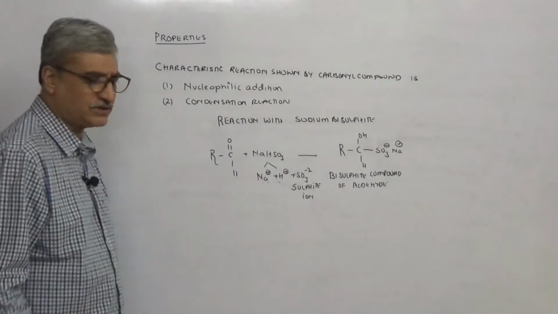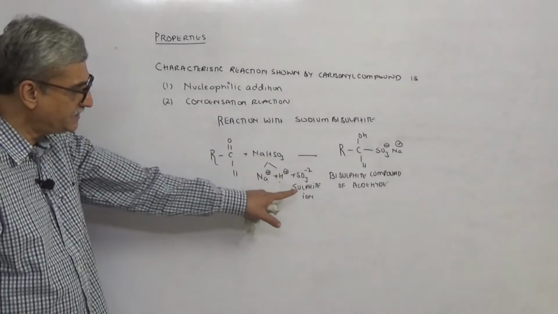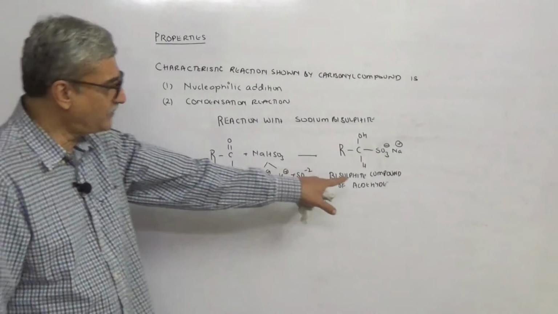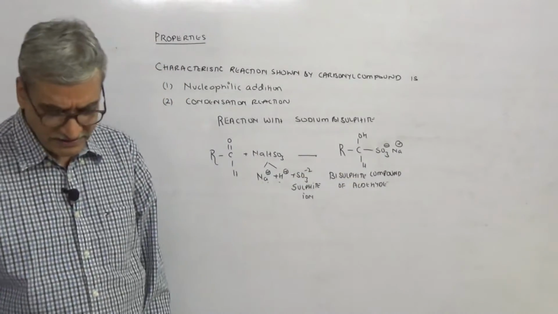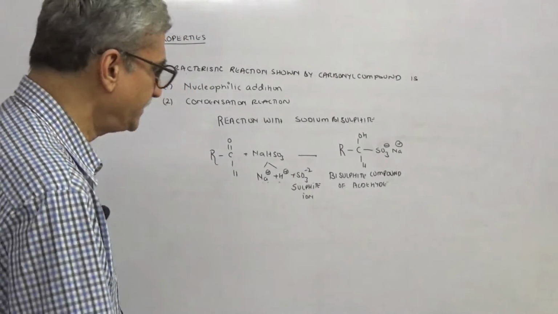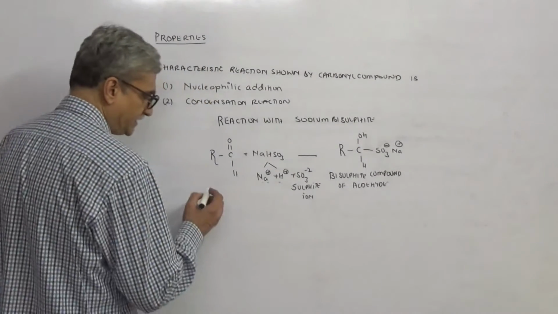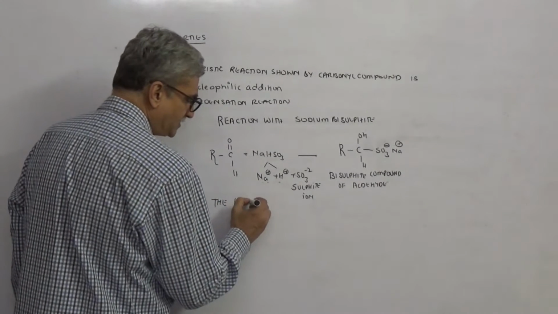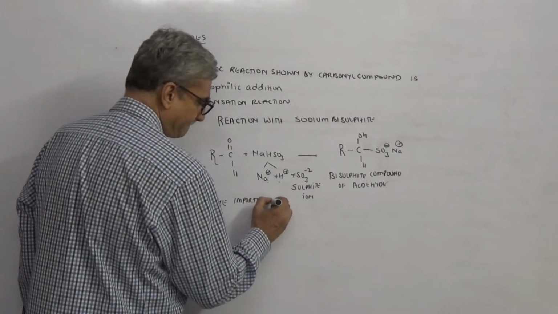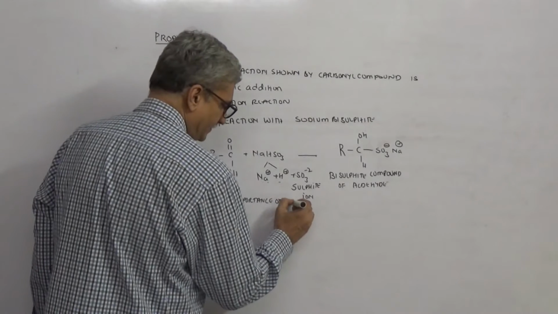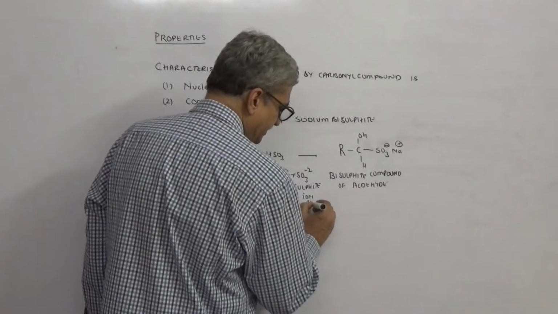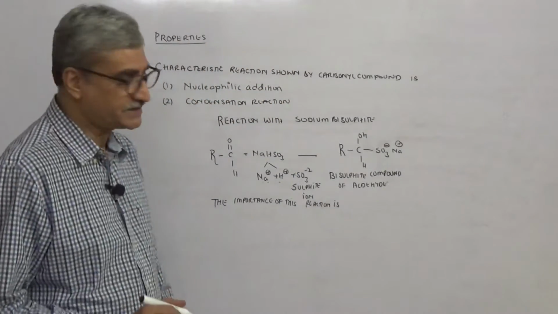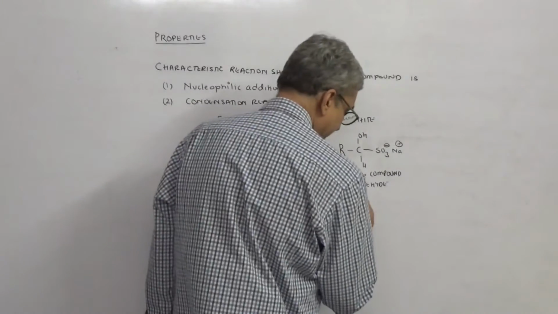So one question we already saw. The question we saw is, it's a nucleophilic addition. The attacking nucleophile is sulfite ion. It forms a bisulfite compound. What is the importance of this reaction? The importance of this reaction is, it is used to separate